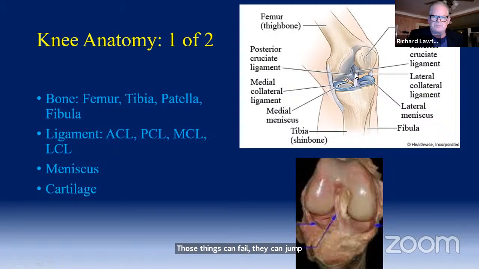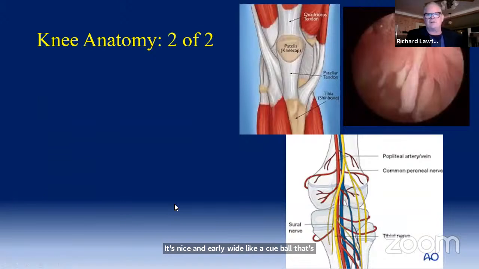The cartilage I just mentioned, coating the end of the bone, is shown on this cartoon, and this is an anatomic photo of a cadaveric knee showing the ends of the femur coated with relatively normal cartilage. It's nice and pearly white like a cue ball. That's normal. That can wear out or fail or be injured. Other relevant anatomy